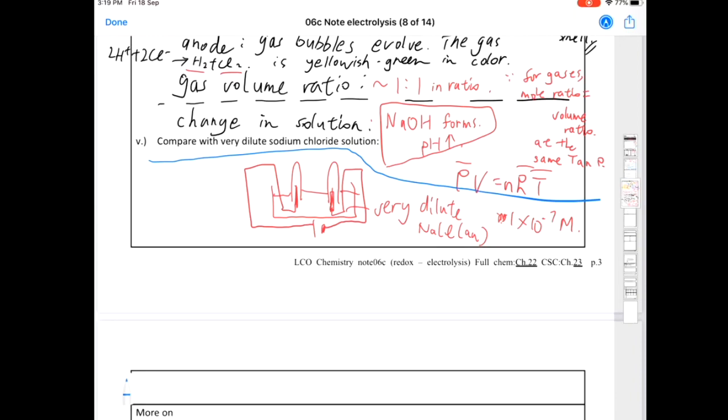It will come out from the negative electrode and then go to the electrode on the right-hand side. And then which species in the solution will be attracted to this side? H⁺, and what else? Na⁺. And as I mentioned before, the concentration will not affect the discharge of the cation,